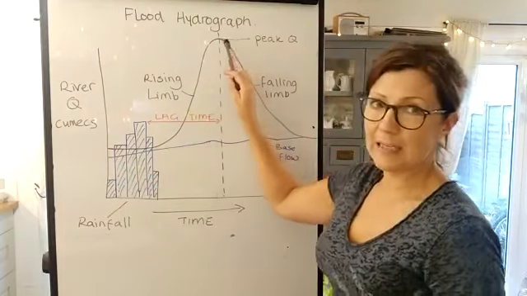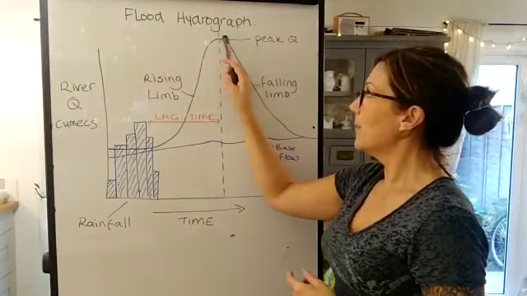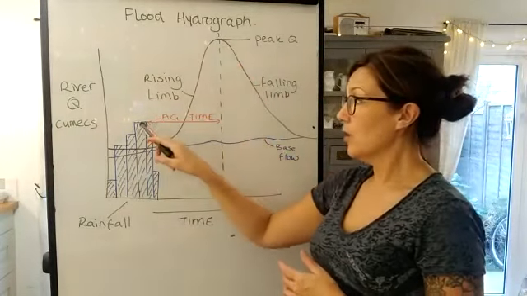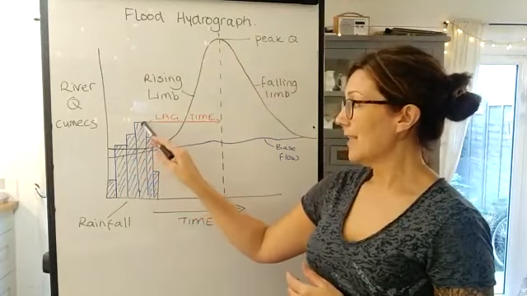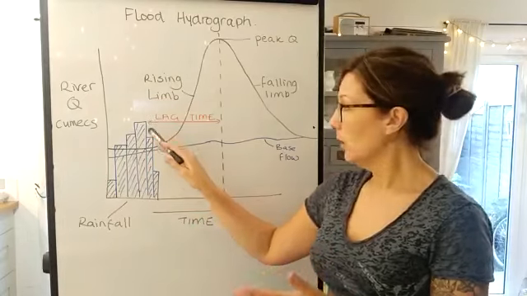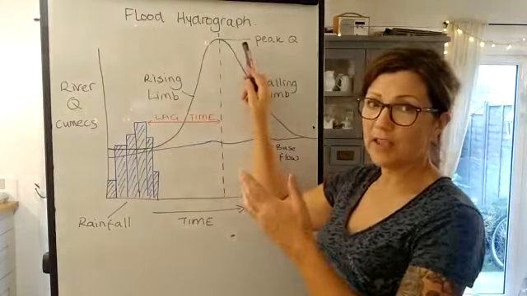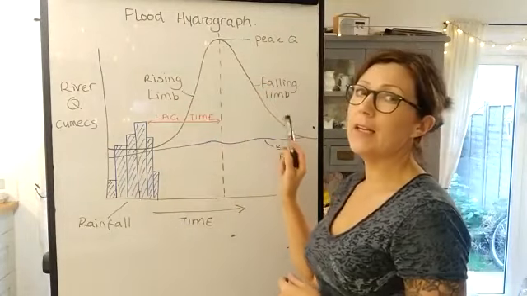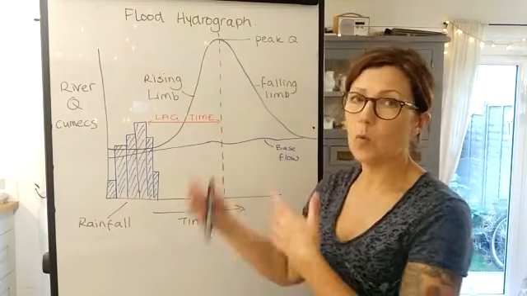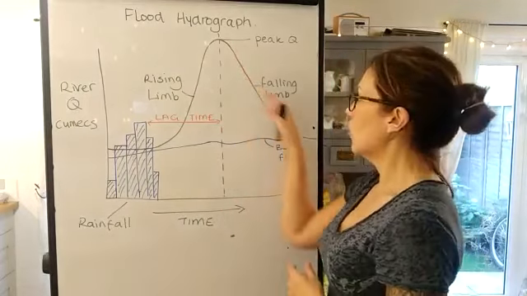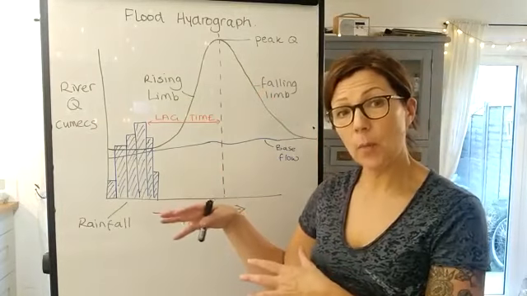So this is called peak discharge. I'm going to carry on with this black line for now, and I'm going to say that what happens next is that as the rain starts to ease off, as you can see here, we've got rainfall being quite low, getting higher, reaching peak rainfall, and then dropping again, then obviously the discharge will drop as well. So this falling line tends to be a little bit more shallow, because the water's kind of getting into the river in bits and pieces now, and the rainfall's stopping